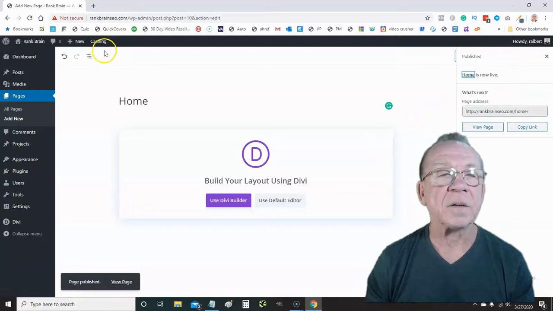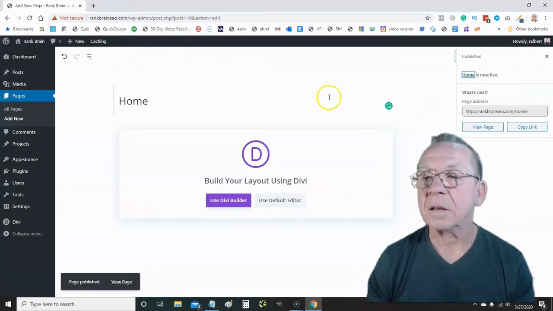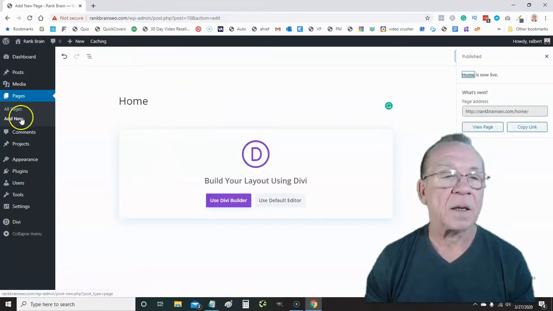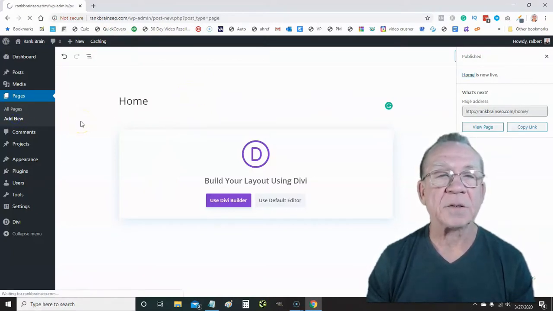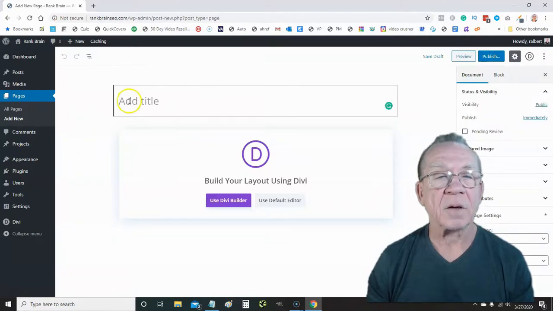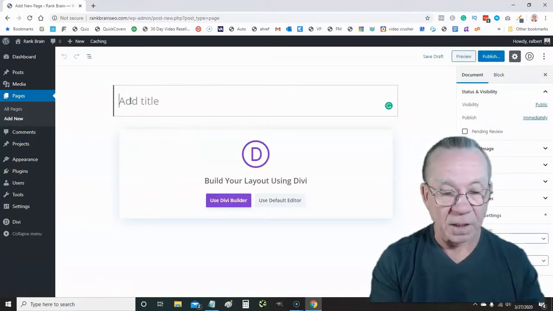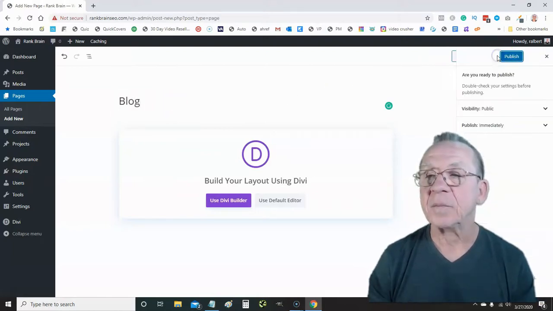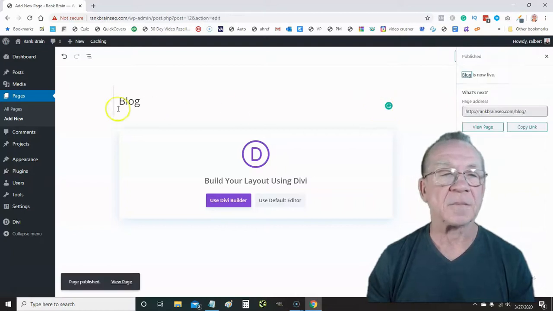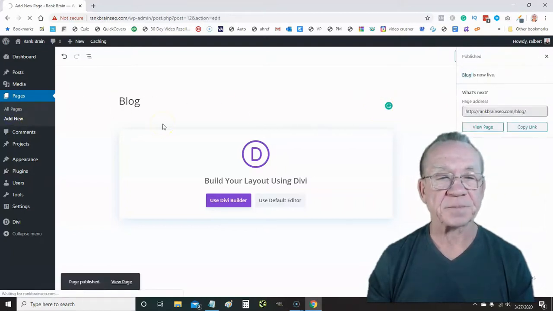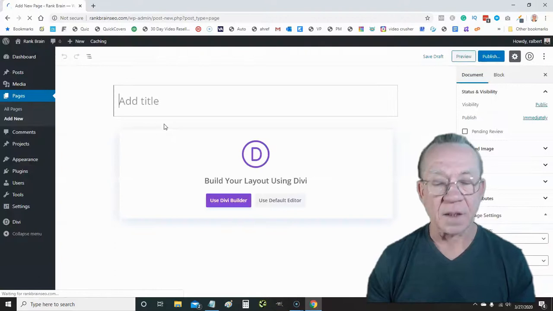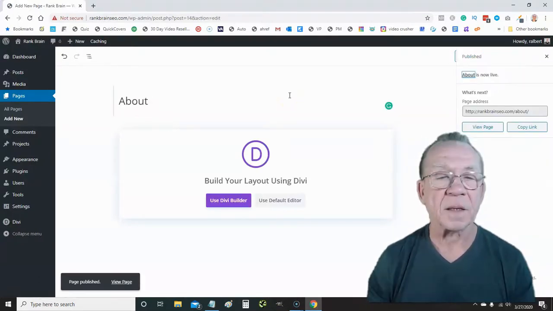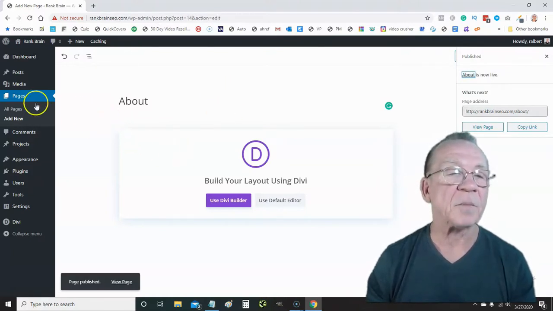All right, so it's been published. And we're going to add another new page. And we're going to call this page blog. I'm going to publish it. And then we're going to make another new page. We're going to call this about. Okay, now that we got those pages published,